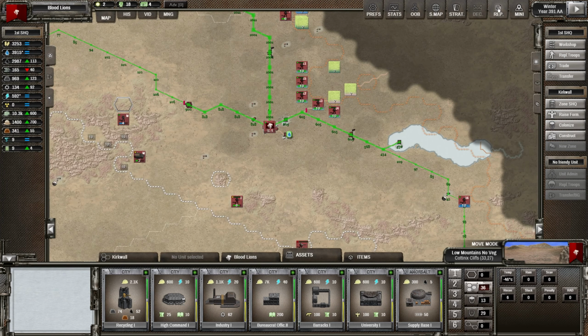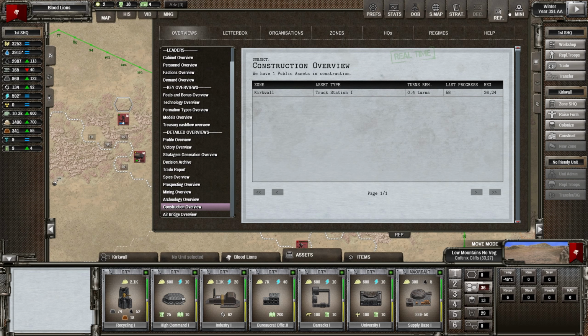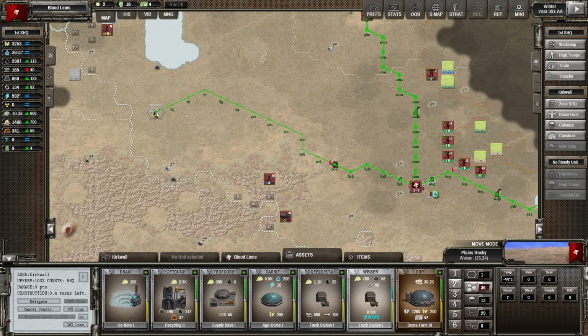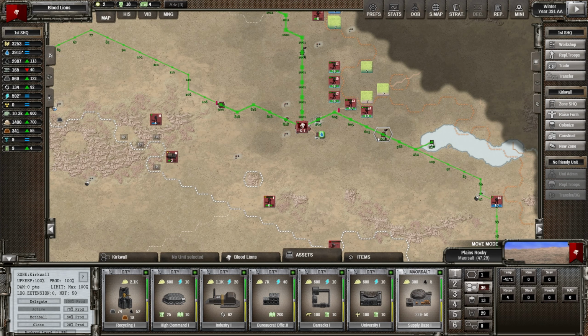Now, just remind myself, what are we building? Let's just go to the construction report. We're just getting this up at Kirkwall. This is Kirkwall apparently, but it's not technically Kirkwall. This is our new zone that's going up. So that wants to go up next turn. We've got plenty of logistics. I think what we could also do is...